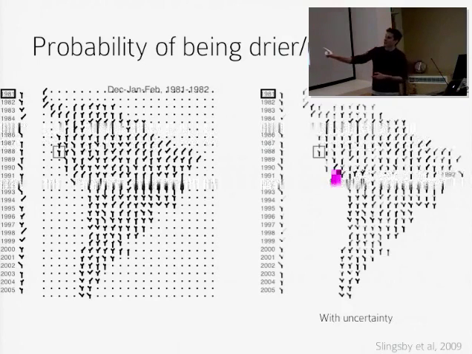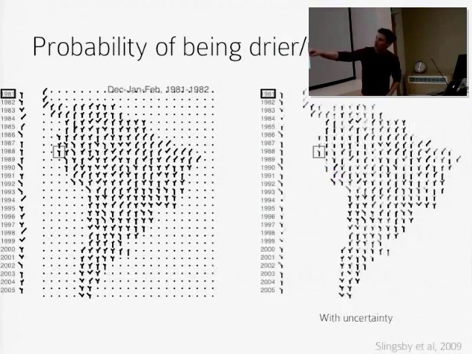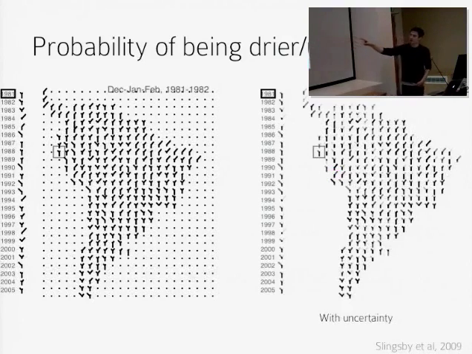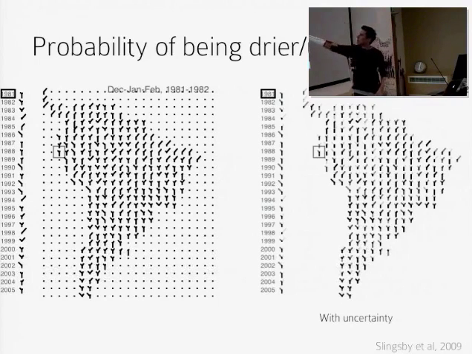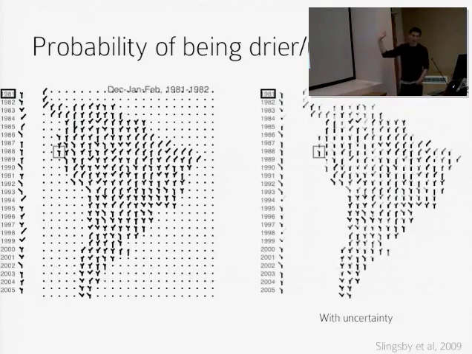The other thing to note is that here they're all of constant darkness, whereas here we start to introduce lightness, and that lightness again represents uncertainty. So where things are lighter here, for example, you often see structures where there's a downwards arrow and a really light arrow to the right. The most likely outcome is that it's going to be usual, but it could be slightly wetter than usual.